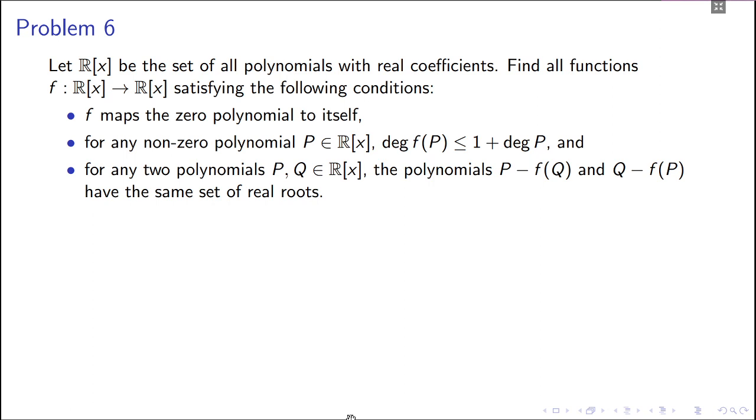So this is the last one. It's a problem on functional equations. Usually students find this kind of problem difficult to do. They don't know where to read it. There are not too many books,